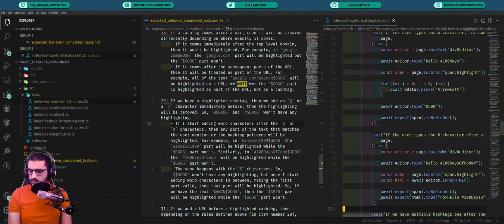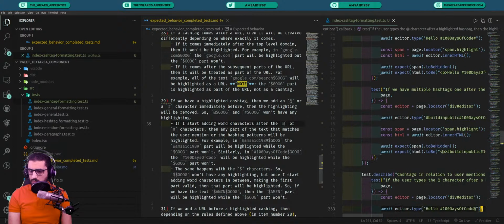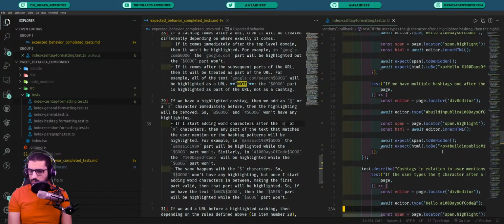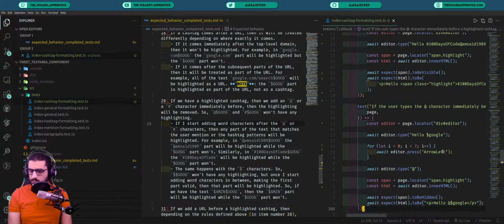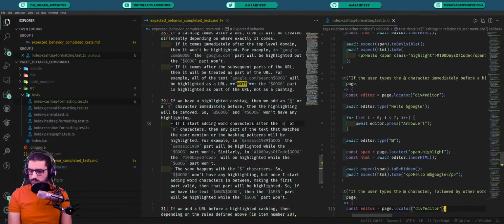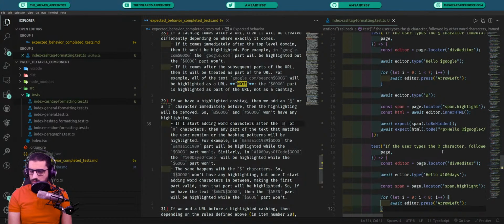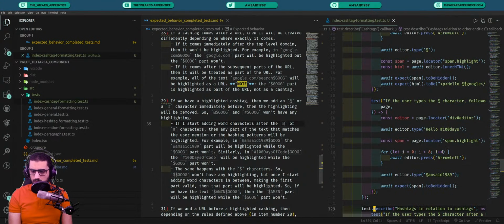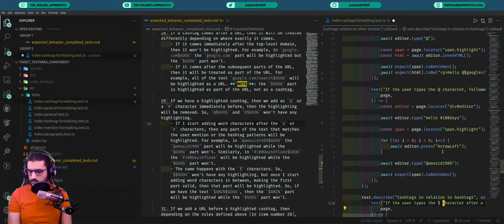Am I missing something? This is the cache tags in relation to user mentions. Let me find the next. Yes, cache tags in relation to hashtags. So if the user types